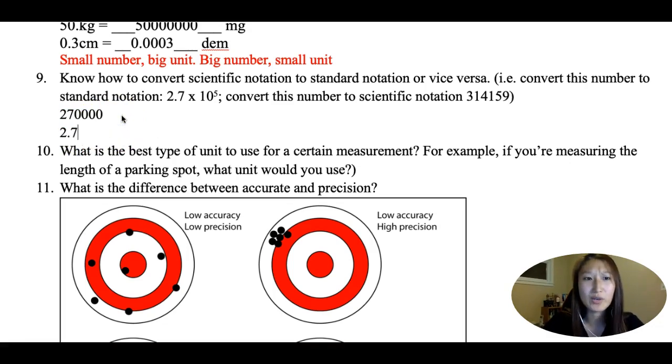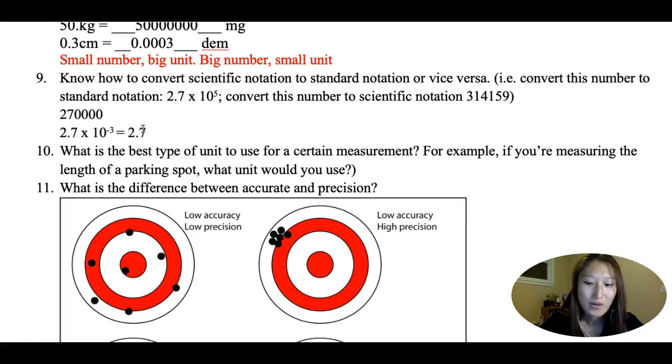If you were to have 2.7 times 10 to the negative 5th, the only difference is instead of having decimals jumping to the right, you'll have decimals jumping to the left. So negative 5th is way too big of a number. Let's do negative 3. Okay, so in this case, we'll have a number that's 2.7, and we're making this decimal jump to the left